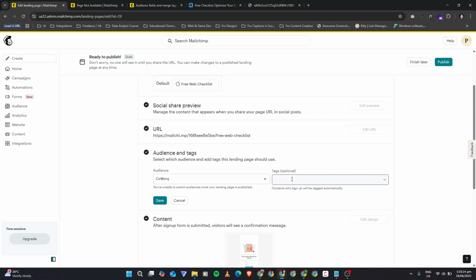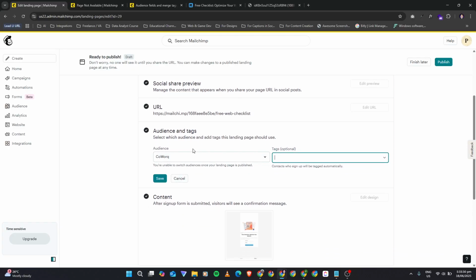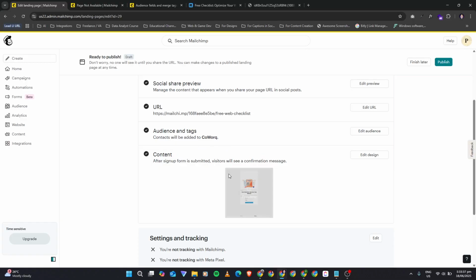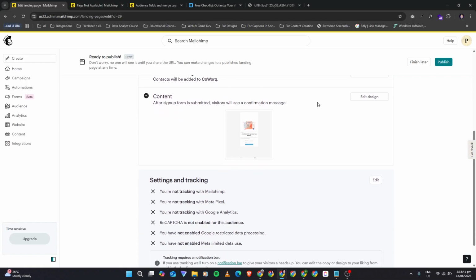Audience and tags, so they will be tagged right away. Okay. There is no instruction that I will be adding tags, so we'll not move that, and we'll be checking this with my client after I make the design.